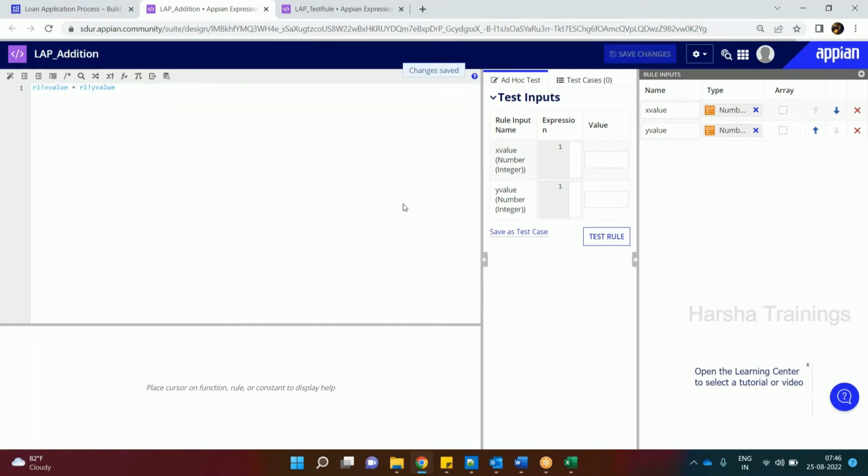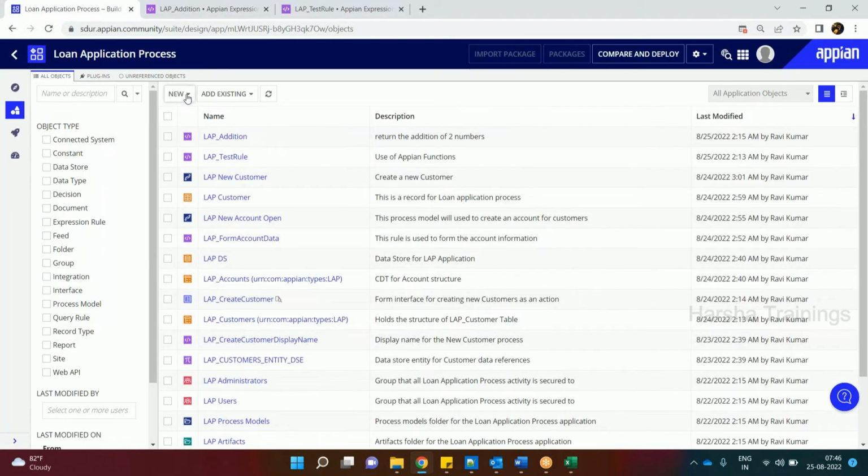Now suppose, for example, whatever the use of this function right now, it is being addition. It's required in many places, right? So what if you don't create this function? You have to do all this coding in all the places, right? But in case the same thing is required to be used in many places, what I did, I just created this function. Okay, now I'll create one more rule